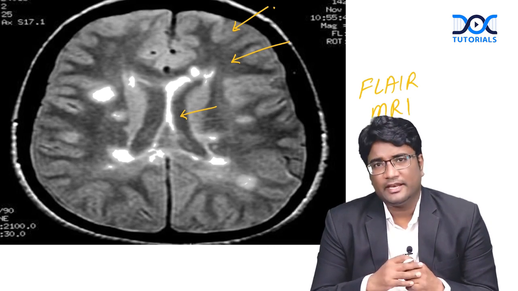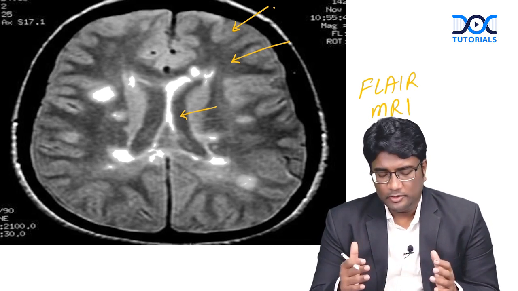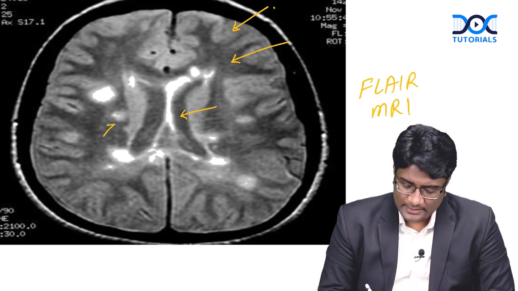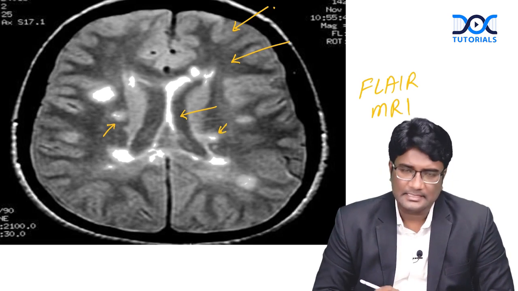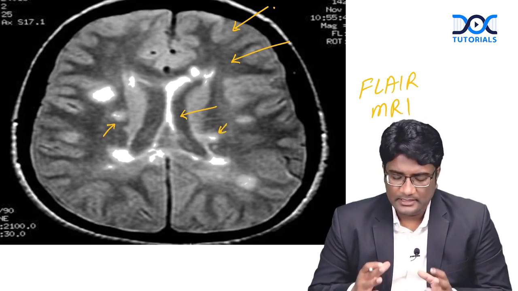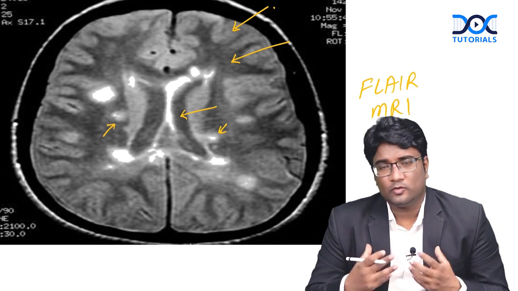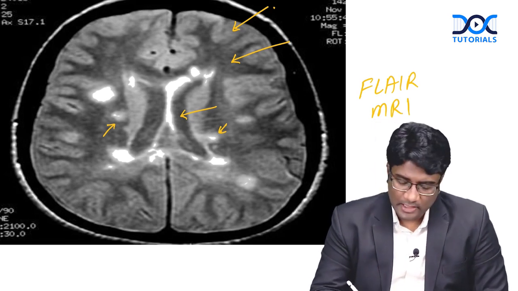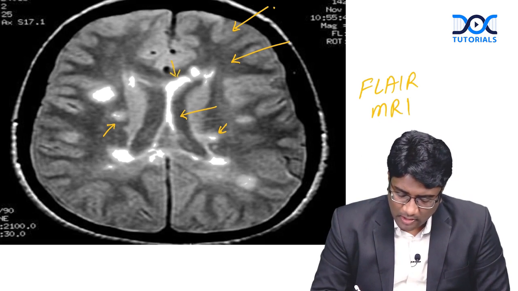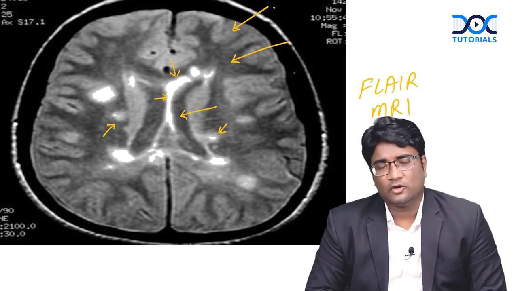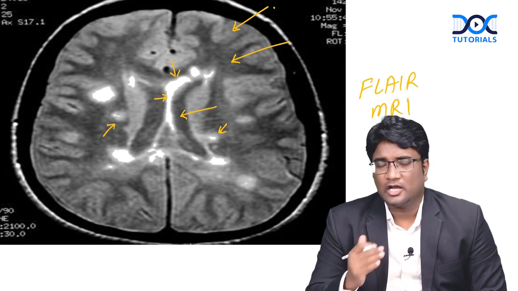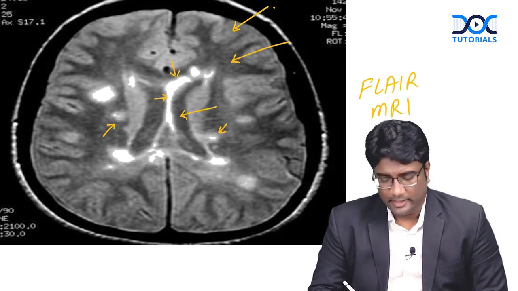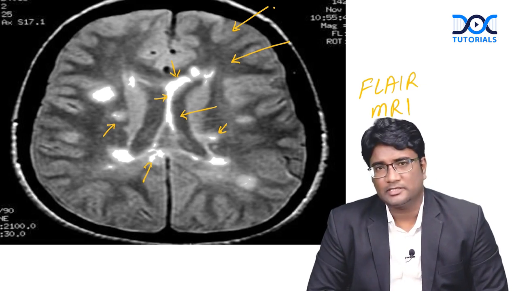And what do you see on this FLAIR MRI? You are able to see periventricular white matter hyperintensities, which are very clearly standing out because the CSF signal is suppressed around the ventricles. These periventricular hyperintensities are standing out very conspicuously. And what else do you see? These plaques of MS are also involving the calloso-septal interface, the corpus callosum and the septum. The calloso-septal interface is involved in multiple sclerosis. You also see involvement in the areas of the splenium of corpus callosum.